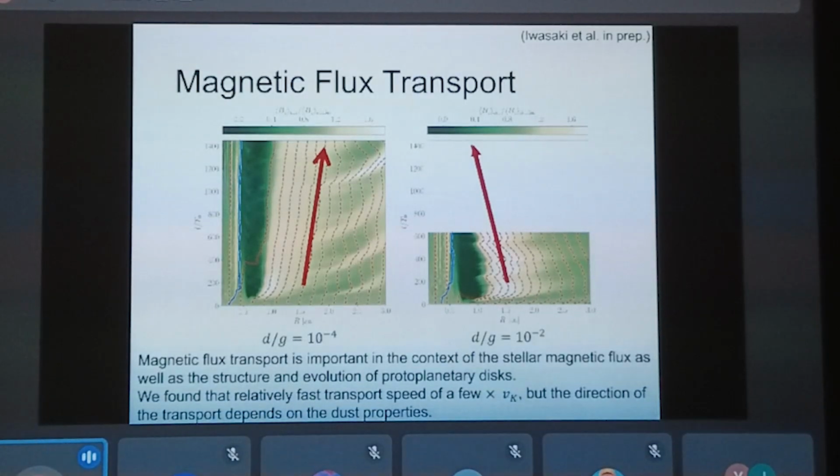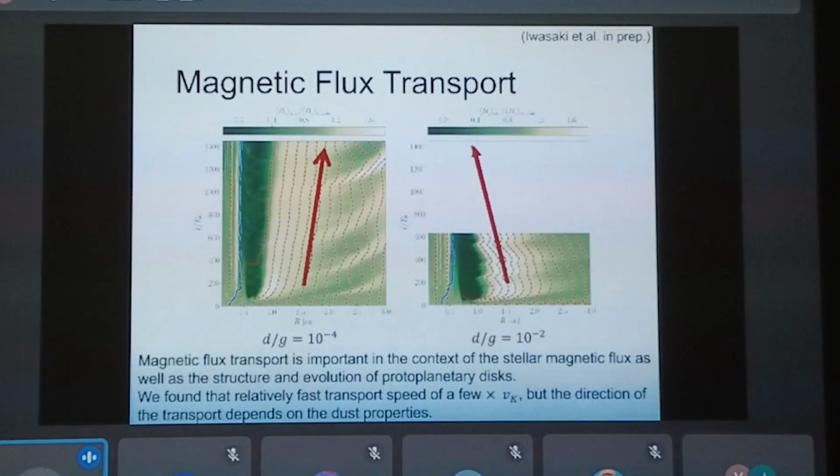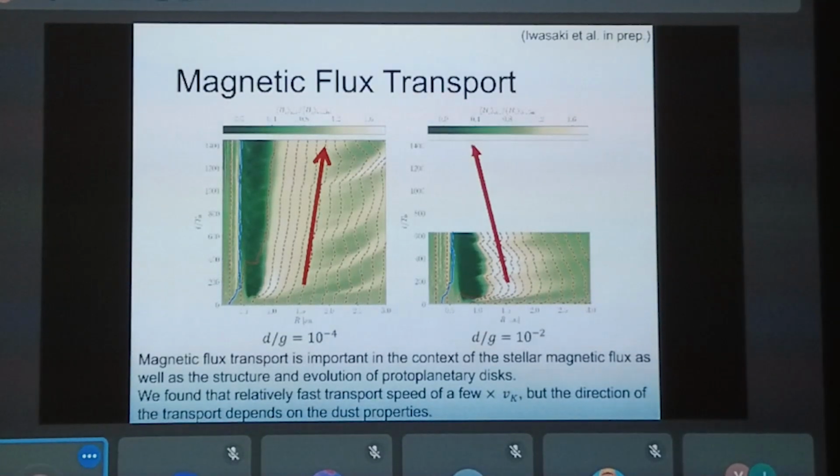However, what we found is that the direction of this transport actually depends on the dust properties. On the left panel, we set the dust to gas ratio to 10 to the minus 4, assuming that this disk is already evolved and the dust is significantly depleted. Then the magnetic flux is transported outward.